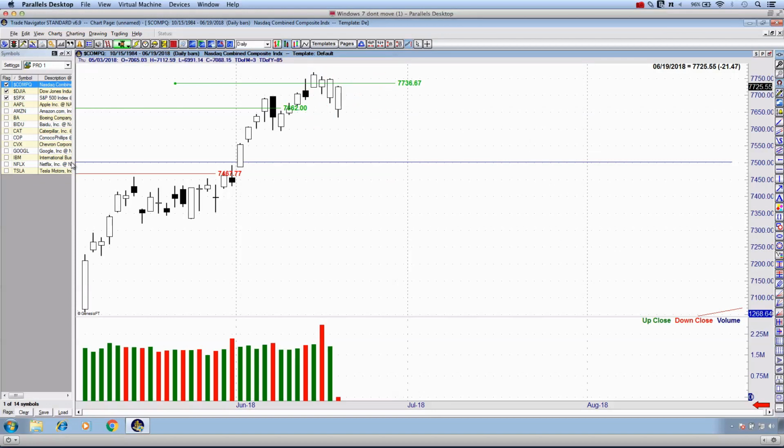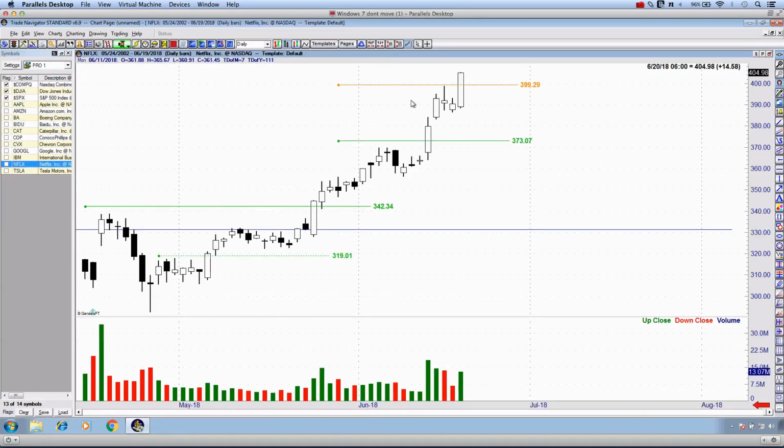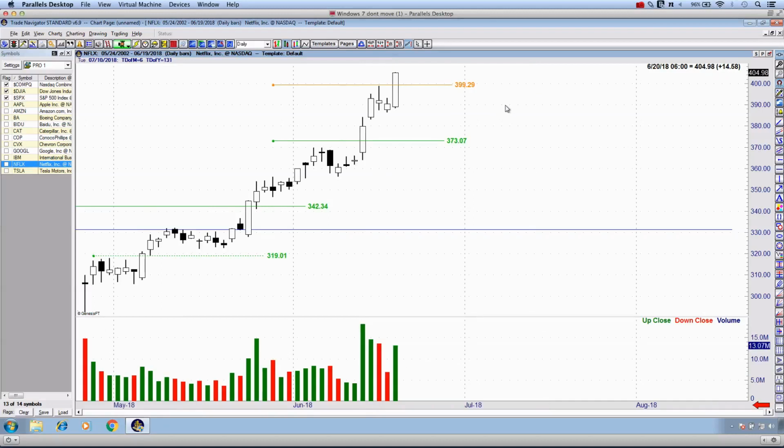And if I go through some of these tech companies as well, you're going to see that the majority of these held up relatively well. We've got Amazon, which has actually pushed on up to a new all-time high today. It was up $11. We have also, let me just bring it up, Netflix here that did definitively hit the target at $3.99. Okay, so it's interesting how some of these individual companies work in conjunction with the markets. You can see here we closed up $14.58, but the good news is that we have tagged and touched and tested, and we've hit our target at $3.99.29,